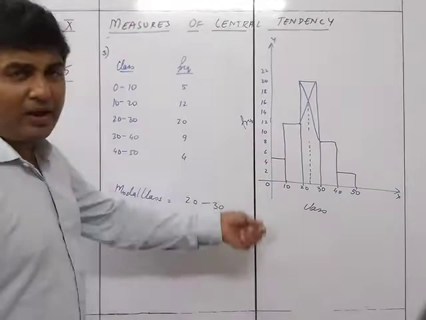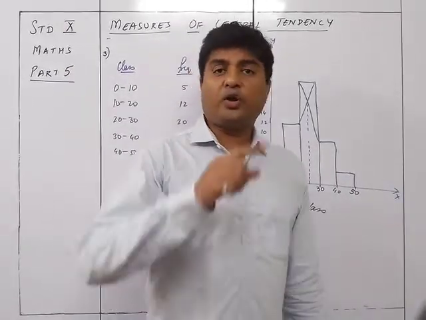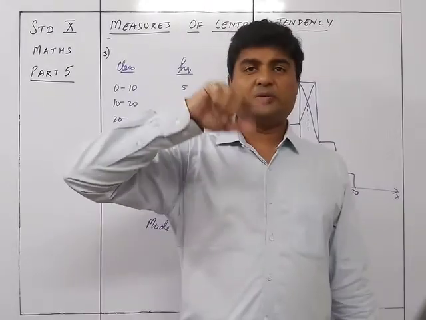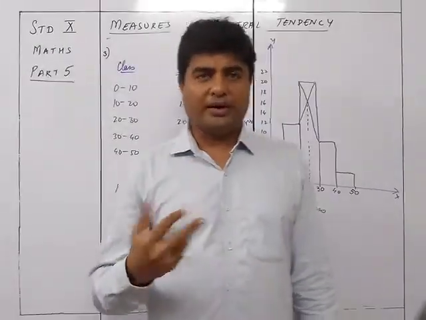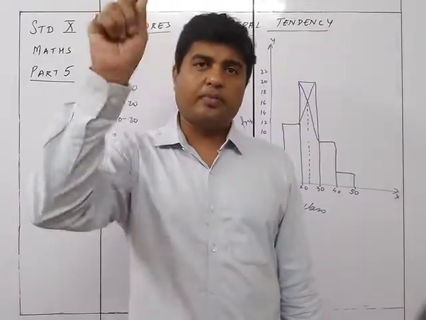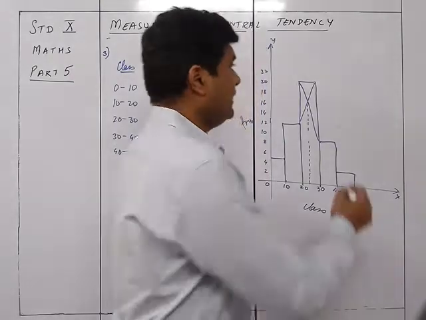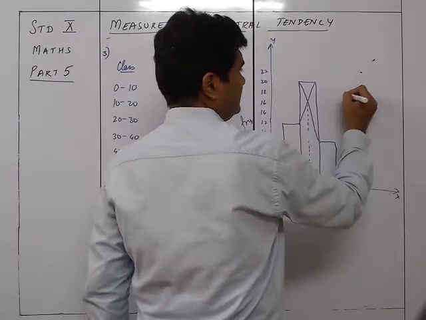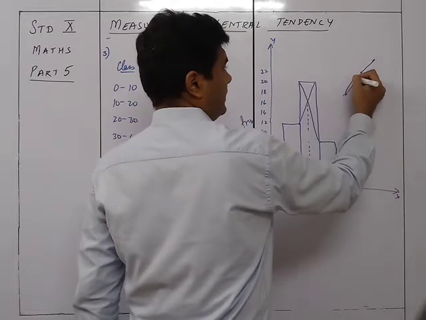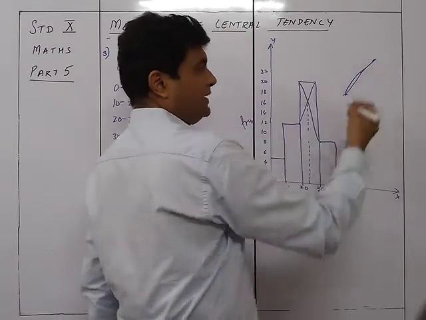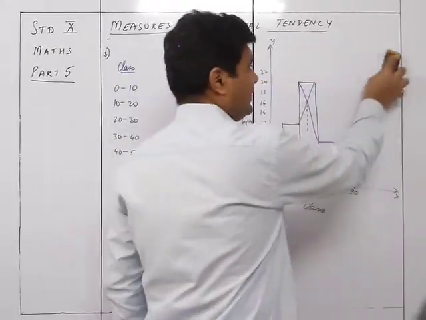You will get the exact value over here. Here you will not get an approximate. See, in case of an ogive, because it's a freehand drawing, there is a possibility of a plus or minus 1 or 2 difference, because when we draw, everybody will have a different kind of curve between two lines. Like for example, if I have 2 points like this, I can plot it like this also, or I can plot it like this also. So it can be slightly up or down. So that's why it is allowed. The answer will be slightly differing.